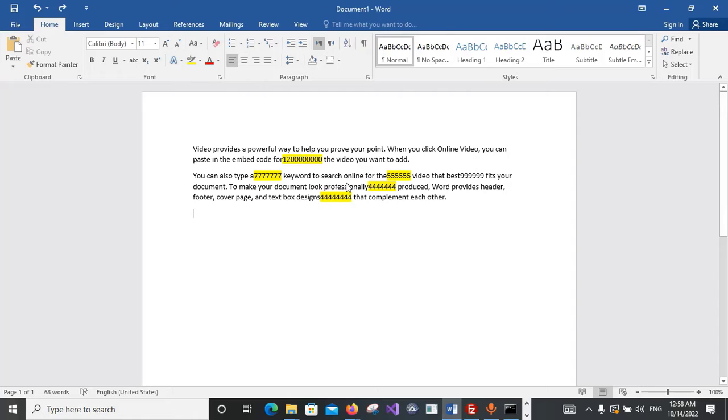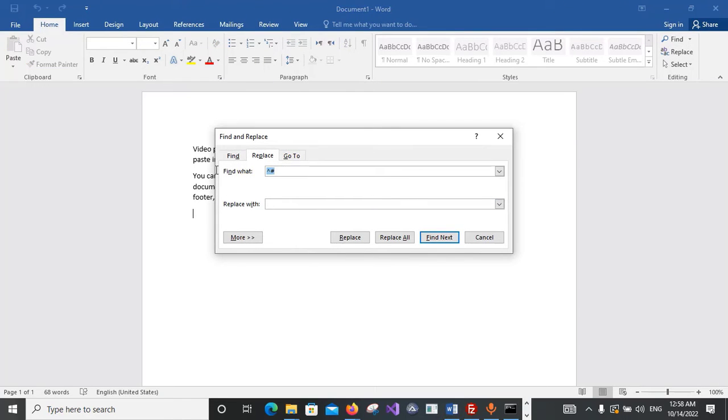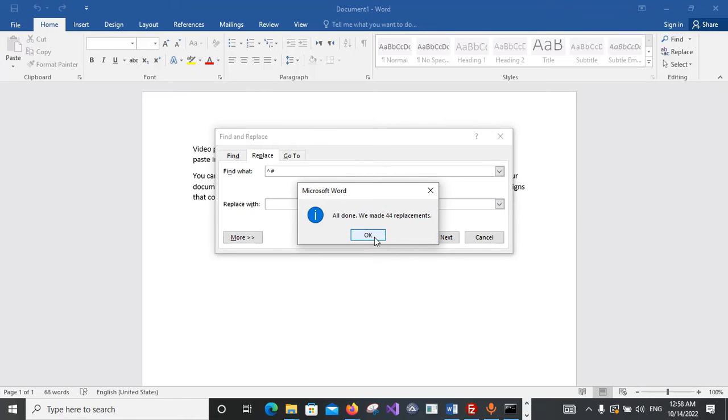As you can see, there are many numbers here, and I want to delete all of them just by a click. So first of all, you should go through the Home tab, and after that you should find Replace here, and then you should type this. You should press Shift and 6 on your keyboard, and then Shift and number 3, and then you should click on Replace All. Okay,